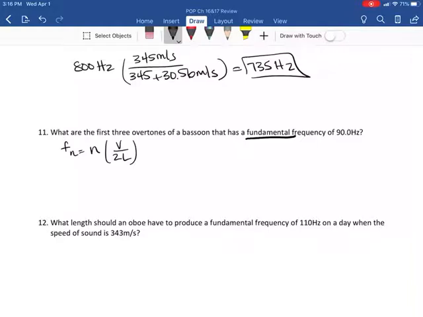As far as the N is concerned, for the fundamental, it's just the, hold on a second. I have to